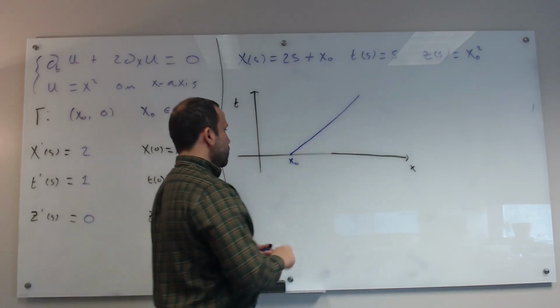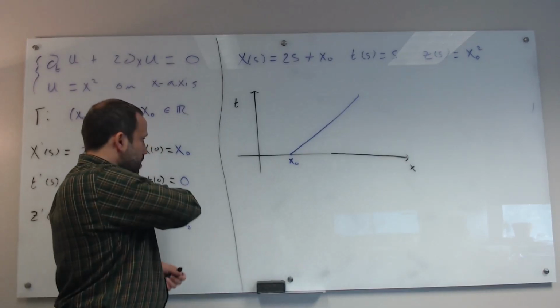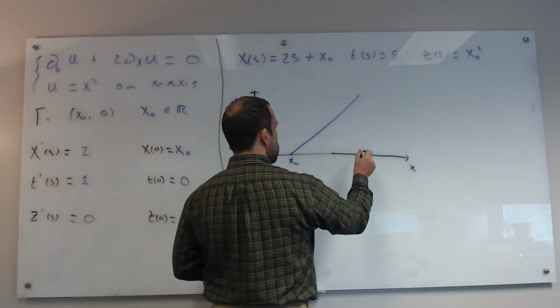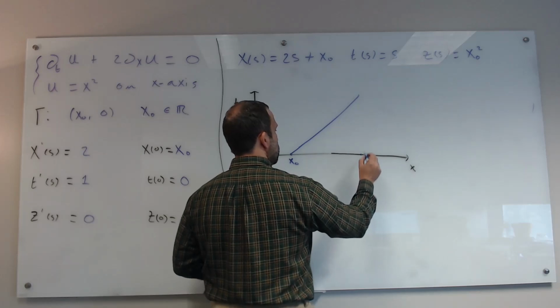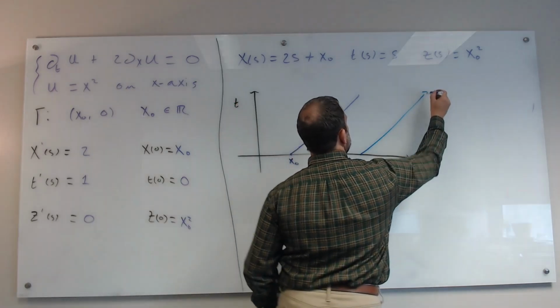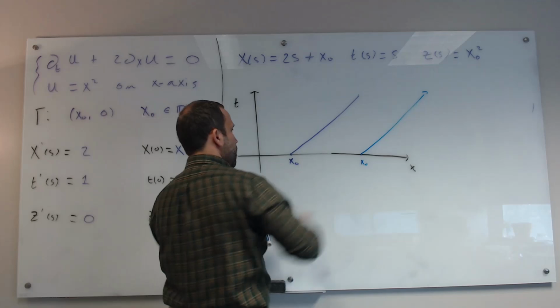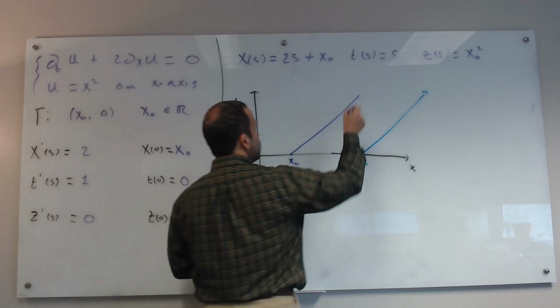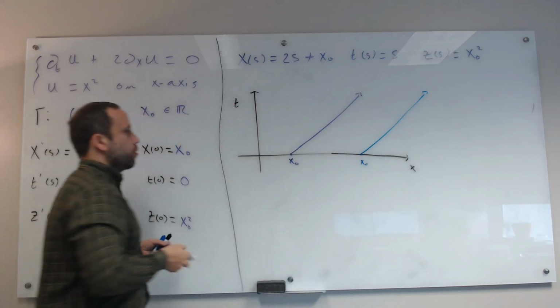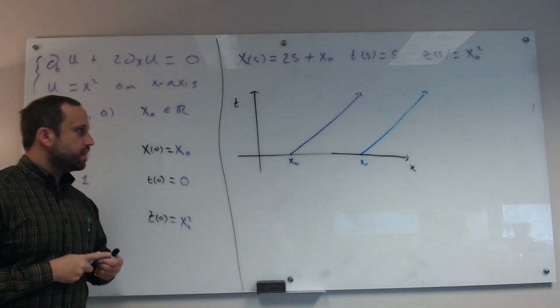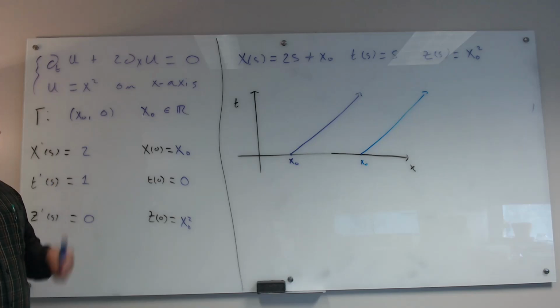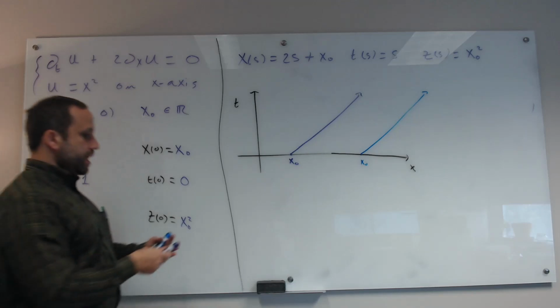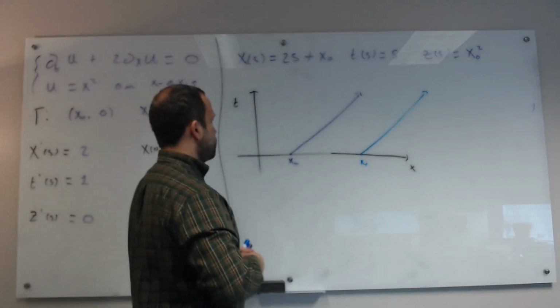If I pick another x naught, let's say here, it's again going to be going this way. These are parallel, but they also extend back this way as well. If we're thinking about t as being a time variable, that would correspond to going back in time, I guess. Okay, so now what this says, if I pick any point in the xt plane,